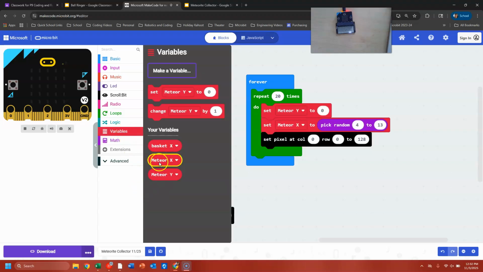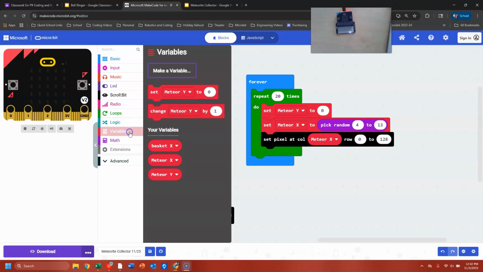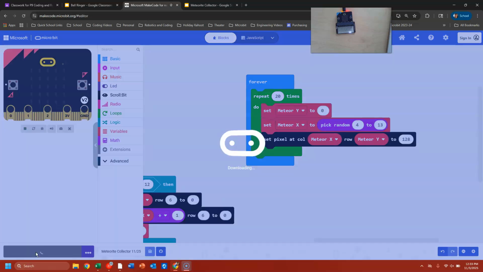We're going to grab meteor X from your variables. I'm going to drop that in there. The row is the vertical aspect, or the Y. So we're going to grab meteor Y, and we're going to put that into our row. So now, when we go to download our code,